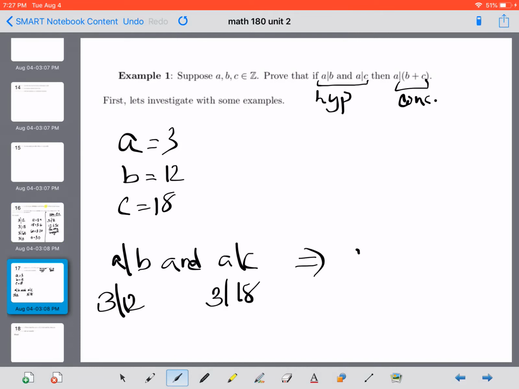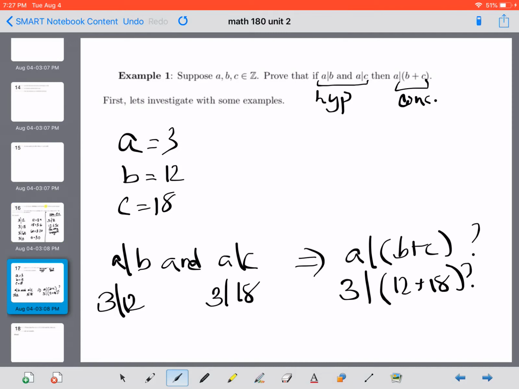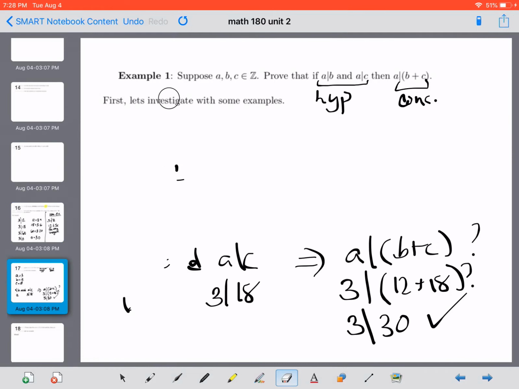Is it also true then that a divides b plus c? Is it true that 3 divides 12 plus 18? Well, 12 plus 18 would be 30, and yes, 3 does divide 30 because you can express 30 as 3 times 10. In other words, 30 is a multiple of 3. Okay, so it worked for this example, but in order to really prove this statement, it needs to be true for all integers a, b, and c, that if a divides b and a divides c, then a will also divide b plus c. So to prove this, we need to come back to our definitions